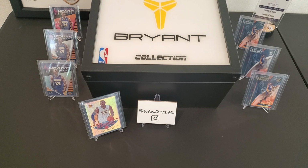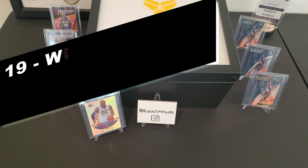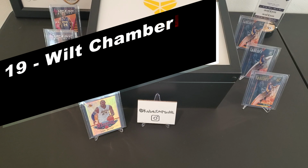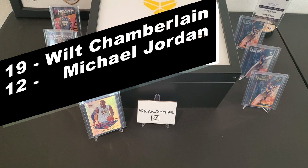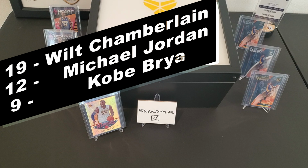There are only 2 players to do this more times than Kobe in their career. One of which, of course, is Wilt Chamberlain, who did this 19 times. But he was a player who literally was able to average 50 points per game for an entire season in 1961. So, of course, you would think that he would be on that list. And then number 2 is Michael Jordan, who did it 12 times. Kobe is number 3 at 9 times. And before I talk about